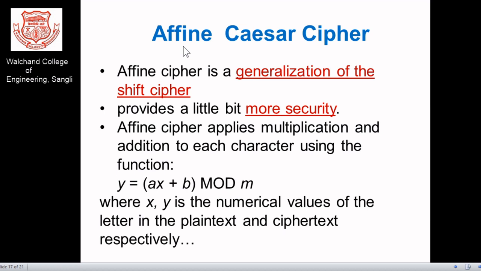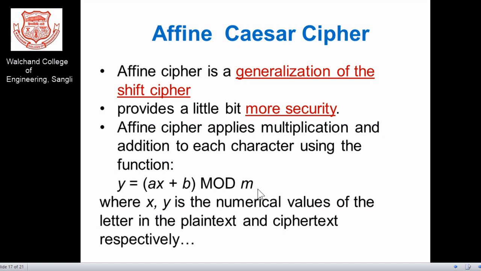Now in class, we have seen Caesar cipher and affine Caesar cipher also. Affine Caesar cipher is defined as y = (Ax + B) mod M, where x and y are the numerical values of the letters in the plain text and the ciphertext. So x is the plain text, y is the ciphertext, A and B are two integers, and of course M is also an integer.